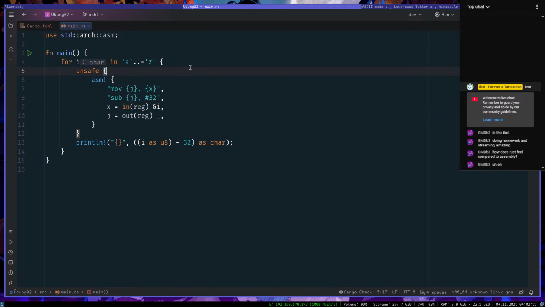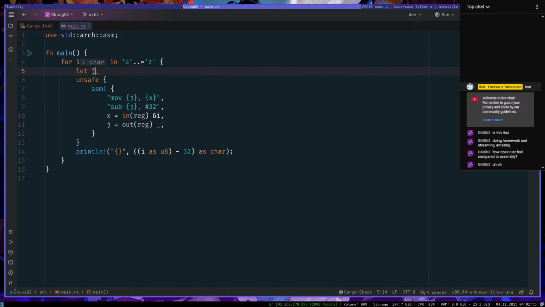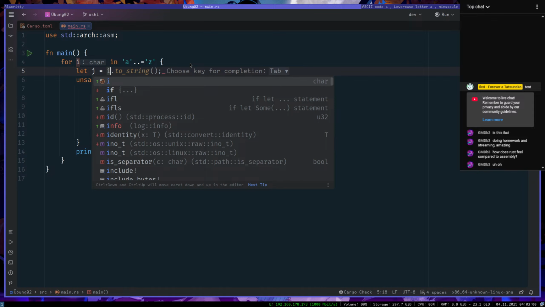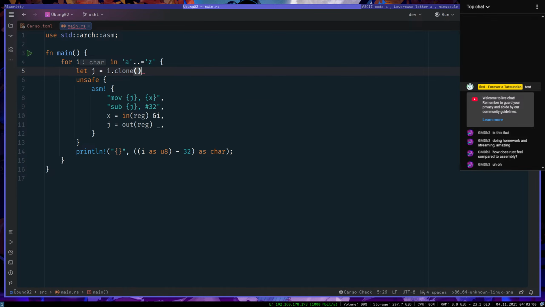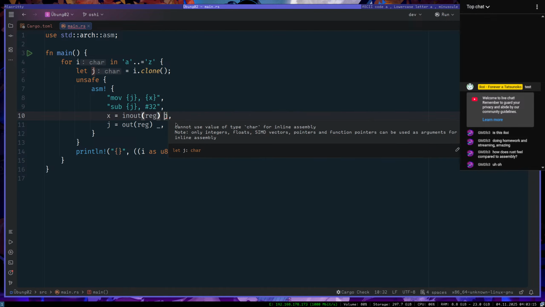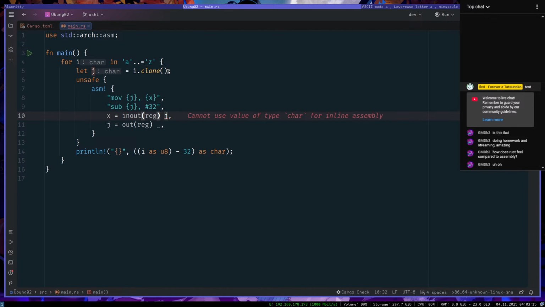Yeah, because I'm modifying I. Okay, let J equal I dot. No, that's just a clone. If we do in out here, if we just do this, cannot use as U8.